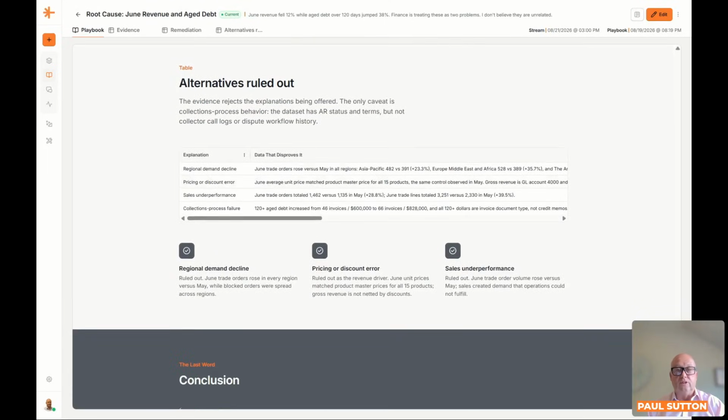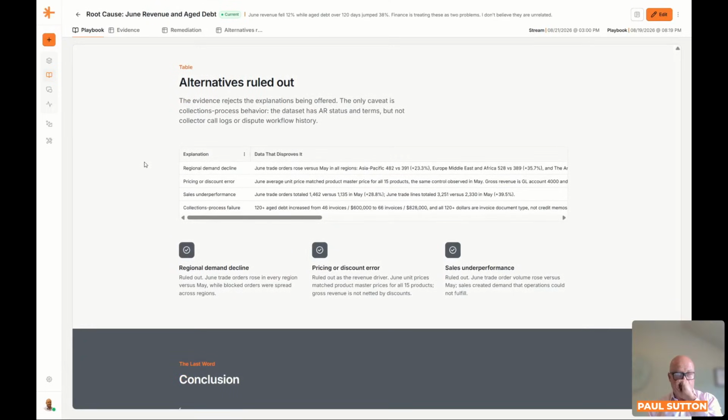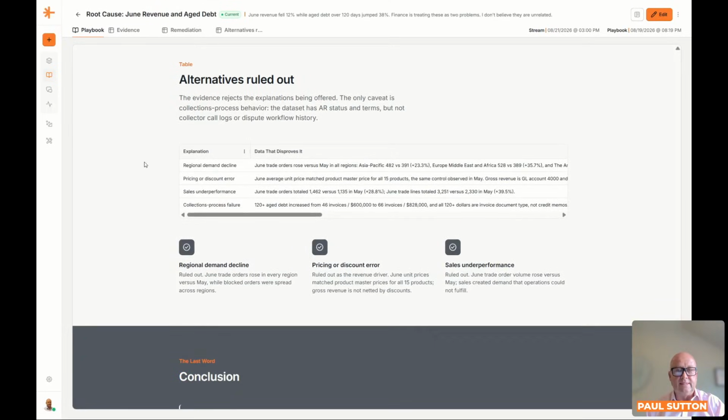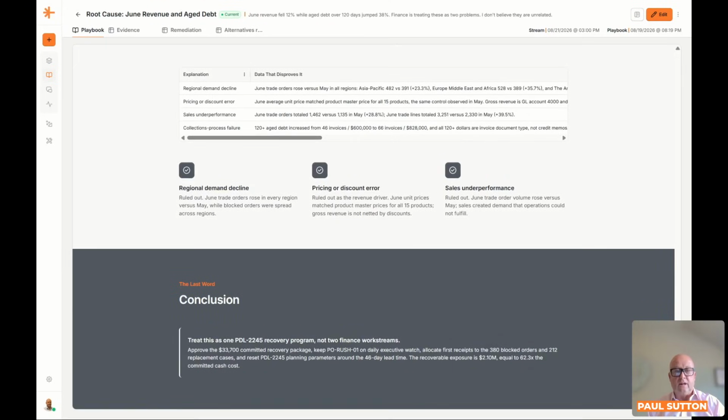It also goes so far as to say, this is what we ruled out as part of the analysis. So it gives you a sense of, no, it isn't a pricing problem. No, it isn't a collections problem. It is absolutely due to the fact that we ran out of stock. And then the conclusion at the end is, go spend this money, go rush the PO from that point of view,